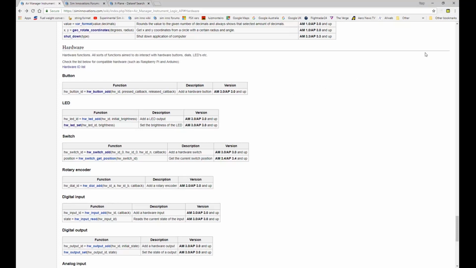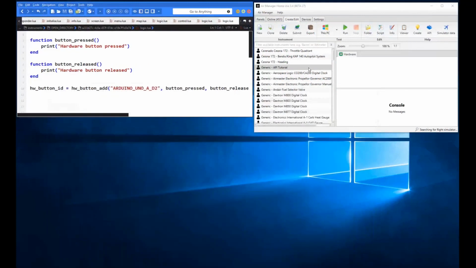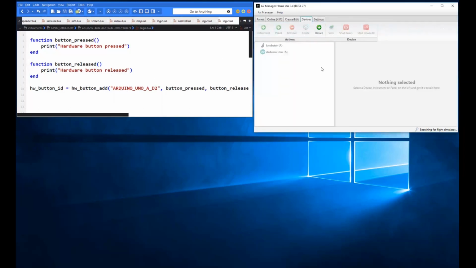So let's get stuck in to the code window. So we have the usual code window up here. I'm going to start off with the button first, and we'll work our way through those 4 particular hardware items that we spoke about at the very beginning. So what we've got here, let me just turn this on so you can see. In fact, what we'll do first is we'll go to the devices tab, and I can show you where the